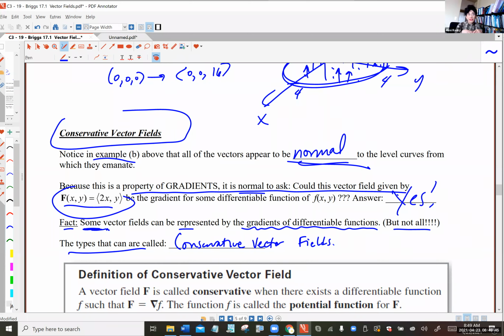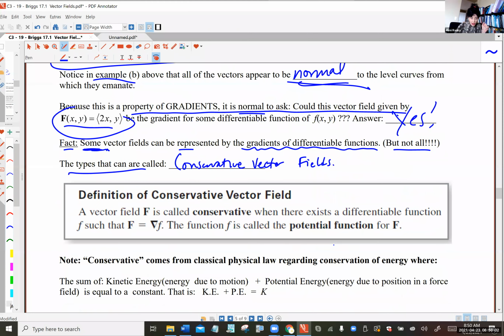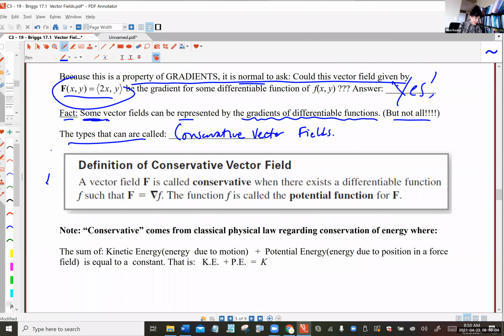I mean, you could graph every single one and, oh yeah, this one's got vectors that are normal to the level curves. I guess this one's a conservative vector field, and oh, this one, they're tangents, so not conservative. That takes too long. As you noticed, it's very tedious to graph a vector field. I hope you got that. So you want to have a quicker way of deciding. So here's the official definition